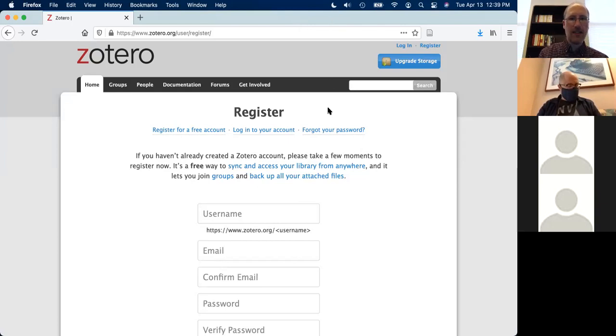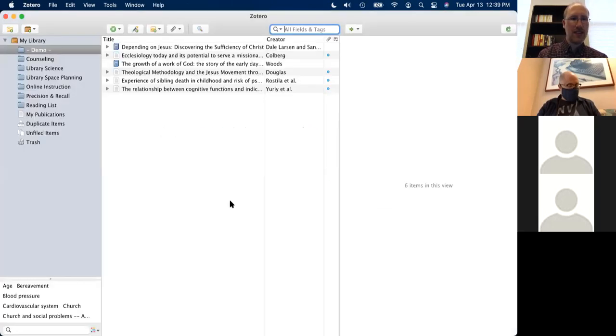Okay, so I already have a Zotero account. I've already downloaded the app and installed the connector into my browser. So I'm going to go into the Zotero app right now. I've used Zotero for a little while, so I have stuff in my library. When you first open your Zotero, it should be pretty much completely blank. They may have a getting started guide saved in there for you, but otherwise you'll see a fairly blank